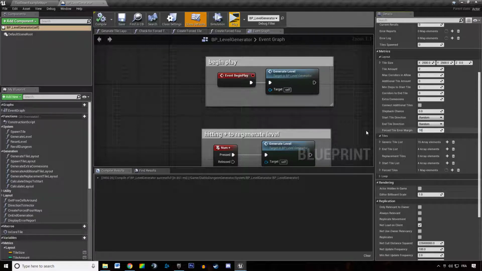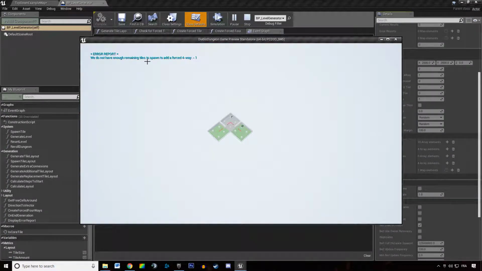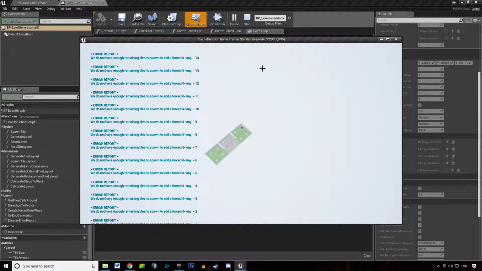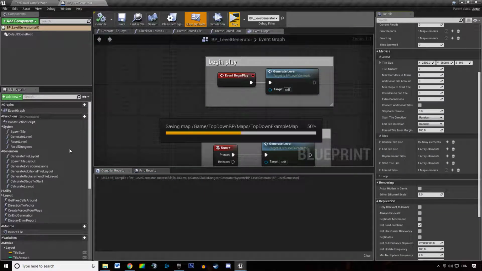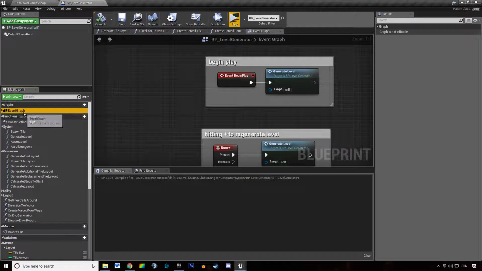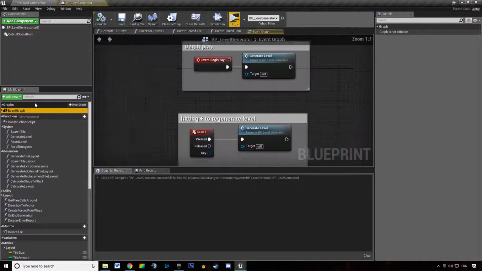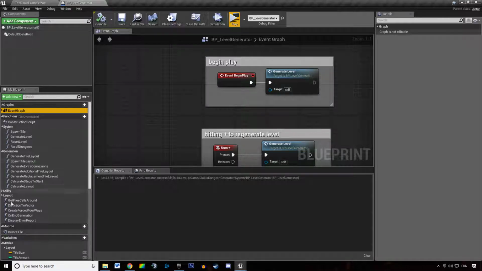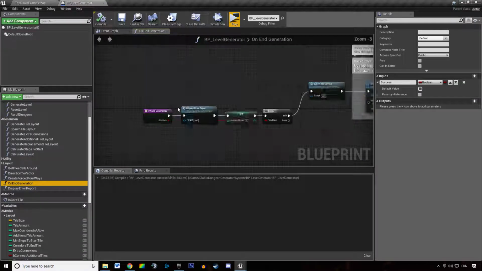So if I'm saying I want a forced tile error margin of 100, and I hit play, we do not have enough remaining tile to spawn to add a forced four-way. And it's not resetting the number of times. Yep. So we need to reset our error log when we actually end the generation. So if I'm going in our end generation function,